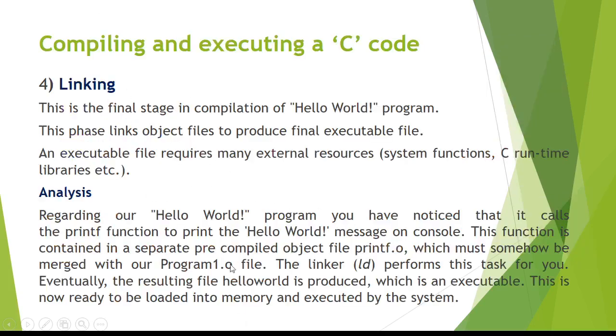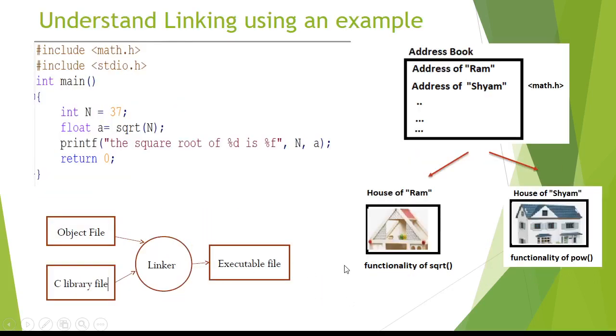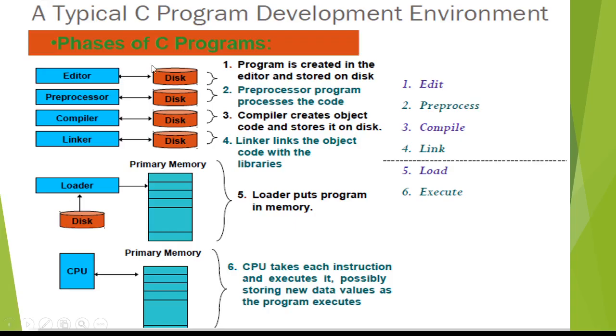In this way you can understand that the linker is a program that performs the task of simply linking these pre-compiled object files. These files are already compiled, which is why the extension is .o. Finally, the result you are getting is the executable code, and that you can easily run. At last, you can see the typical C program development. What are the various steps, the various phases involved in an entire C program? We have already talked about pre-processing and compiling. There is an assembly phase as well, and a linking phase.